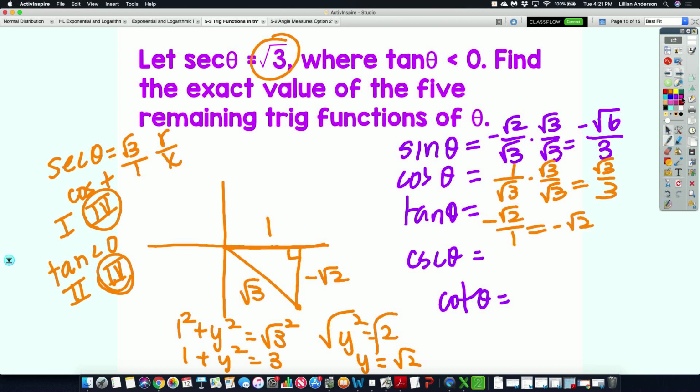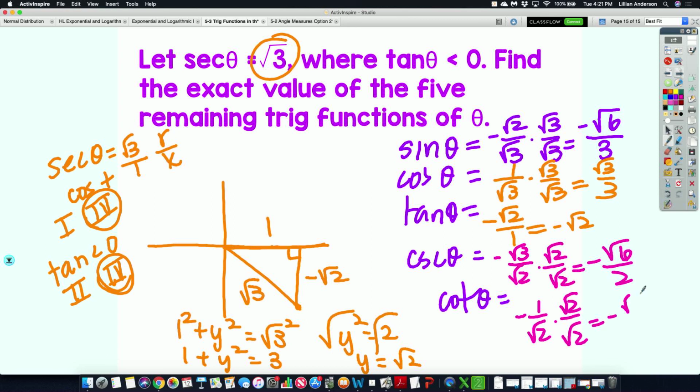Now for the reciprocals. Cosecant is the reciprocal of sine. So I'm going to flip it: negative square root of 3 over square root of 2. Again, I'll have to rationalize, and this is going to give me negative square root of 6 over 2. And then cotangent, I flip tangent, which is going to be negative 1 over the square root of 2, which if I rationalize, it's going to give me negative square root of 2 over 2. Okay? And this is how we find the trig functions for values that are on the unit circle, inside of a coordinate